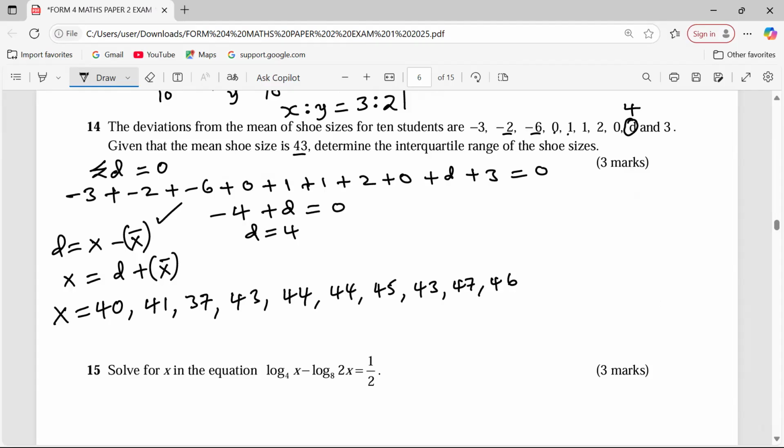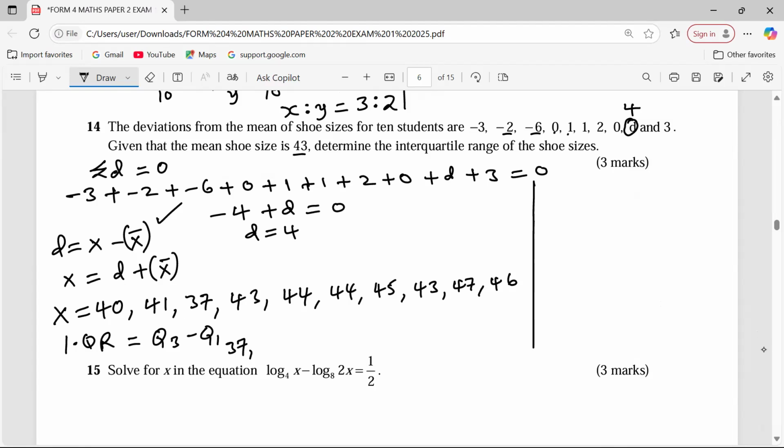So with this, we need to get the interquartile range. Remember, interquartile range will be given by Q3 minus Q1. Just that. The first thing that we're supposed to do here is to arrange the shoe sizes in what we call ascending order. The least shoe size is 37,